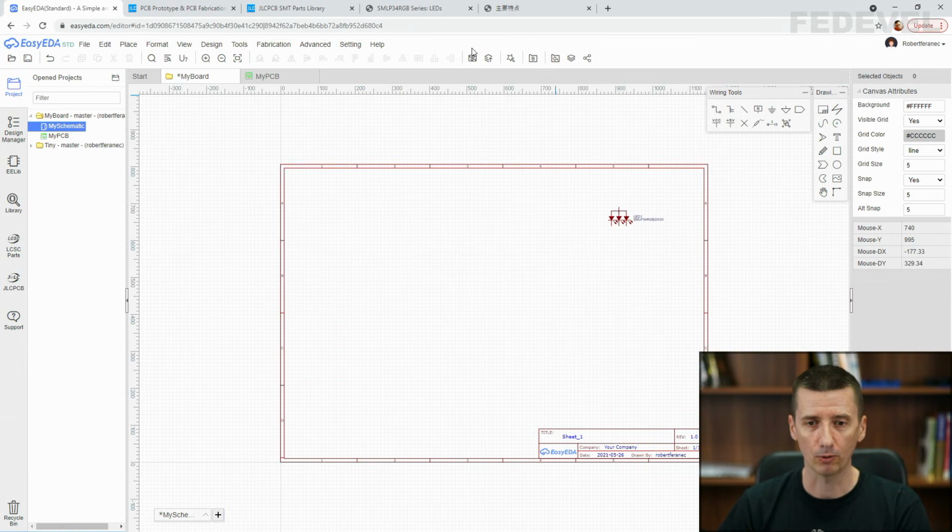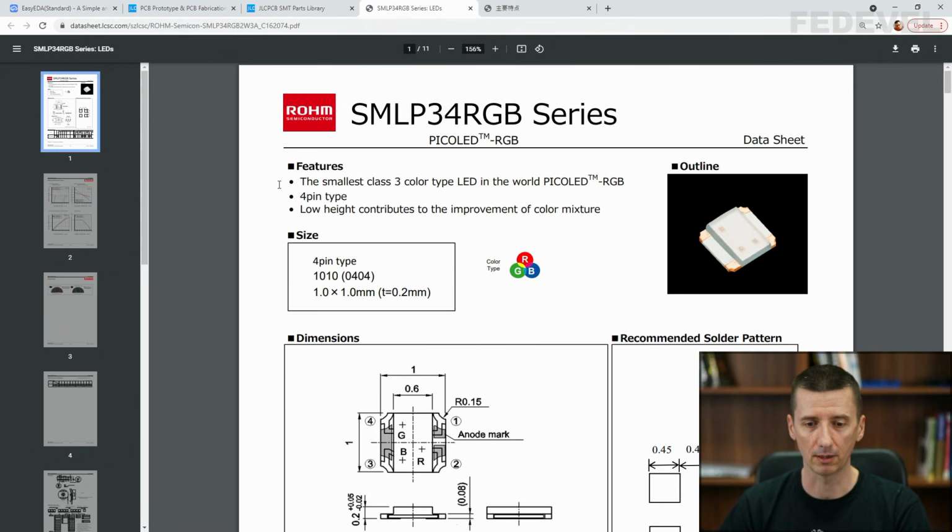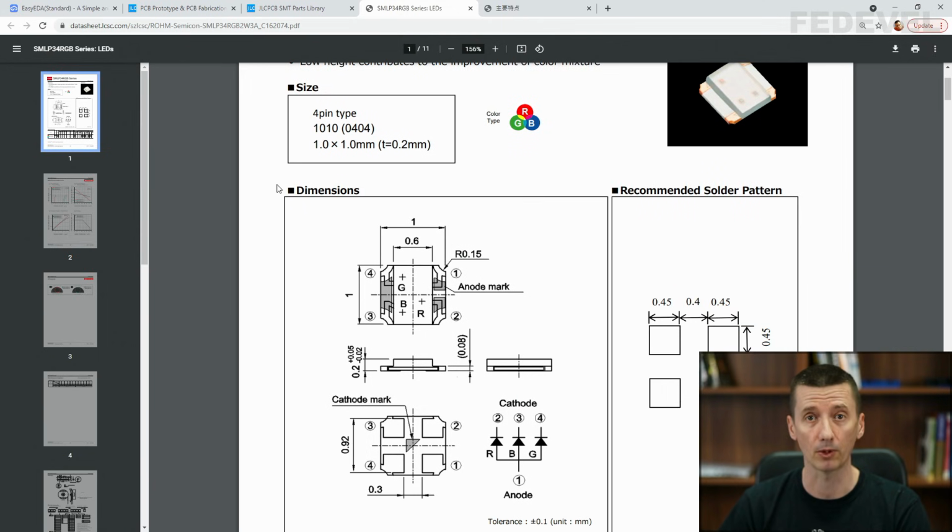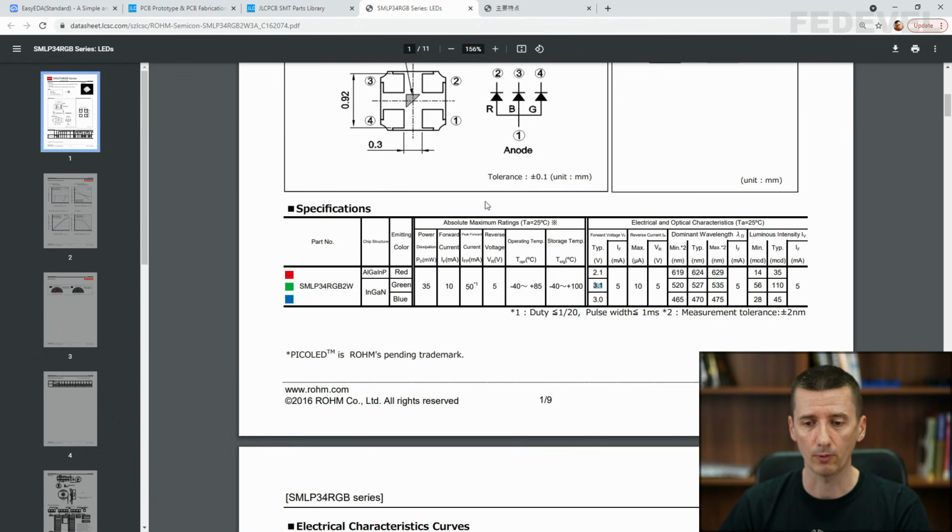When we have a look inside of the datasheet, there are a few parameters which are important when you are selecting an LED for your project. You may want to have a look at this forward current, which is 5 milliamps, and maximum is 10 milliamps. This is important because some LEDs need high current, 20 milliamps, to light up. And for a battery powered device, maybe we would like to use LEDs with low currents needed to light up the LED. So 5 milliamps is perfect.